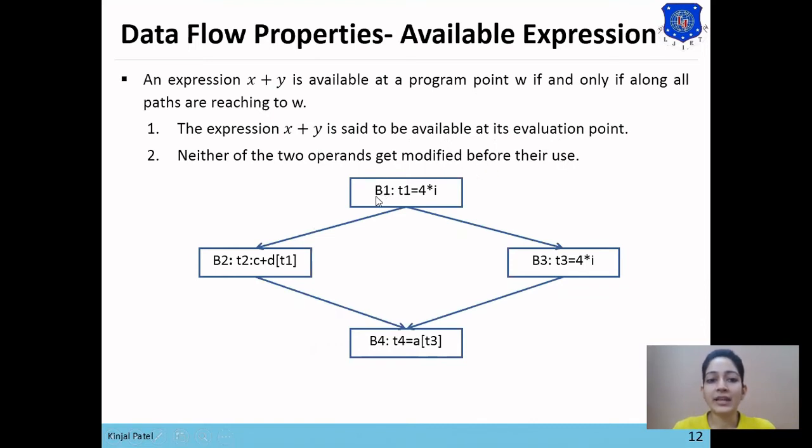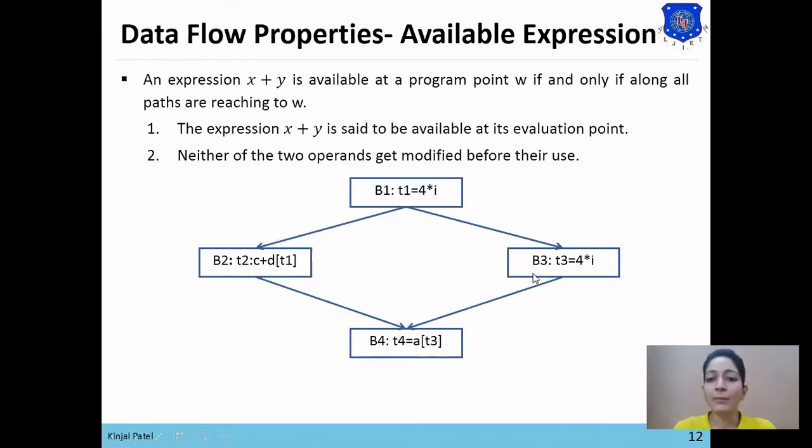Now here you can see block B1: T1 equals 4 star I. There is the expression 4 star I which has been stored in T1. Now in block B2, T2 equals C plus D of T1. Here we are using the reference of T1, and the value of 4 star I is not modified by this block.